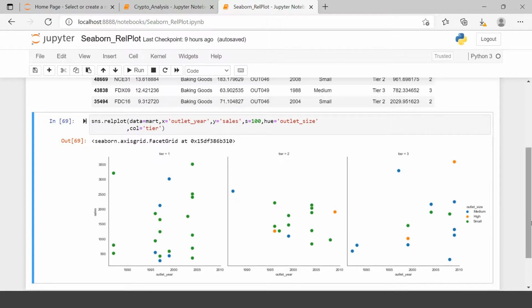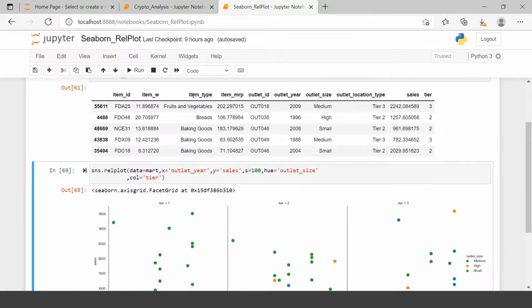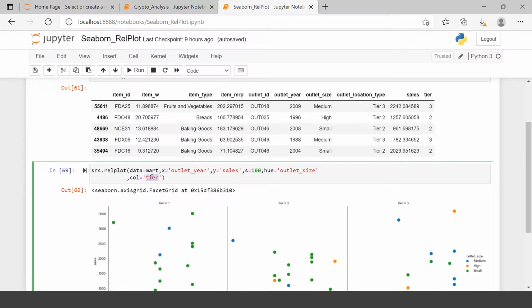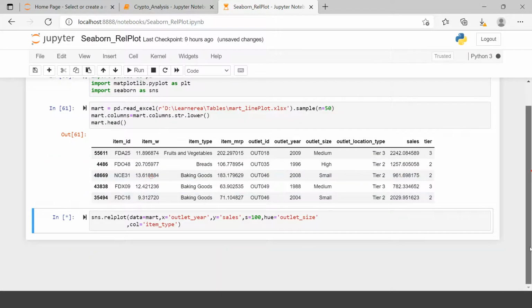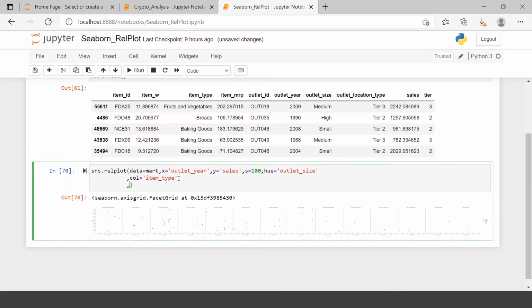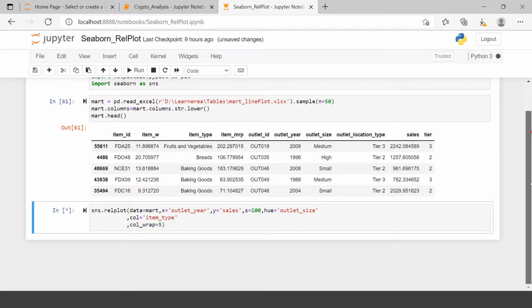But at the same time, if you have a column with a huge number of unique items, that makes it really cumbersome to understand. For example, if you see this, here it is giving you 15 different charts, which is becoming really difficult to understand. That's where relplot provides you a parameter called col_wrap, and in that you can provide the number of columns, and then you can just hit enter and it will give you a very fantastic arrangement of this.